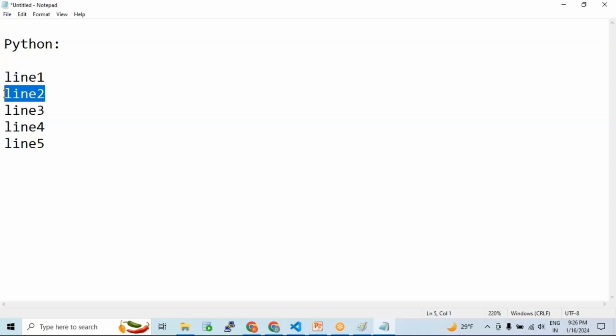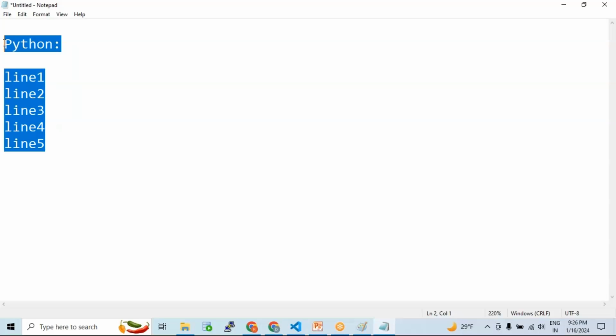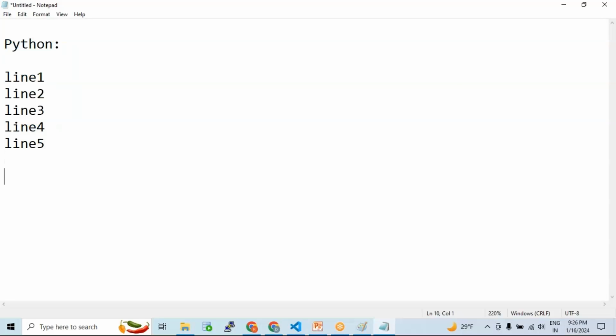Let's say at line number two there is a problem. There is an issue with line number two. Maybe you have not written the code properly. What will happen? Your script will exit without proceeding with line number three, four and five. That is the behavior of your scripting language execution process, guys. Correct? But if you have written the code in Java as an example,